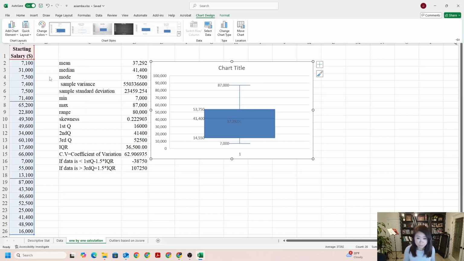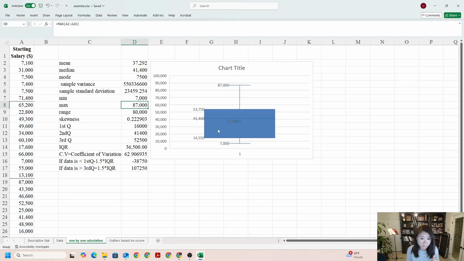Put left. After you do that, you will notice that the highest bar here is the maximum value, right? That's one of the 5 numbers, $57,000. So that's matching what we already calculated. And then the lowest bar here is the minimum value in your data set. That's 7,000. And then there is the middle line going through your box whisker plot. That is 41,400. That is my median value, also my second quartile, right? Now there is a cross in the middle here. This actually is my mean value,